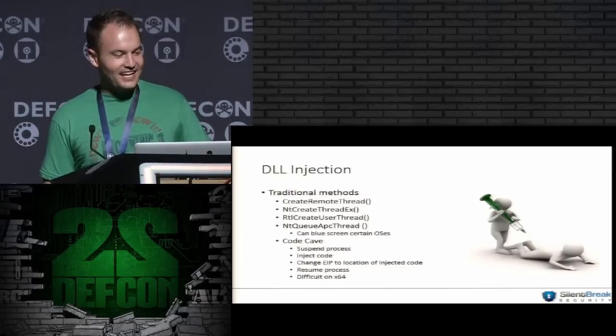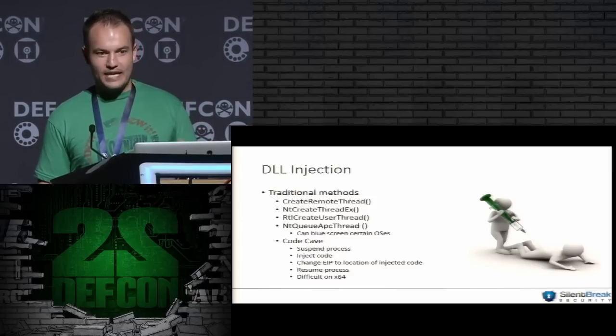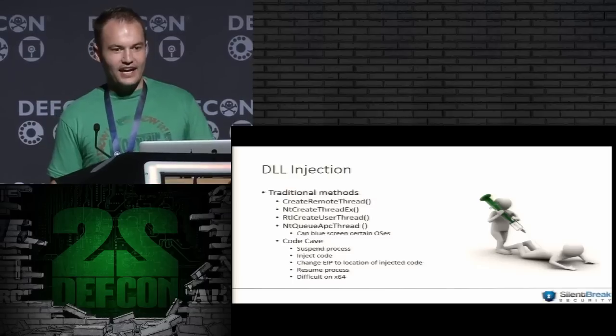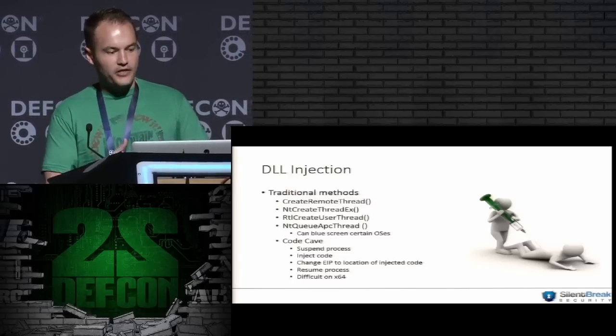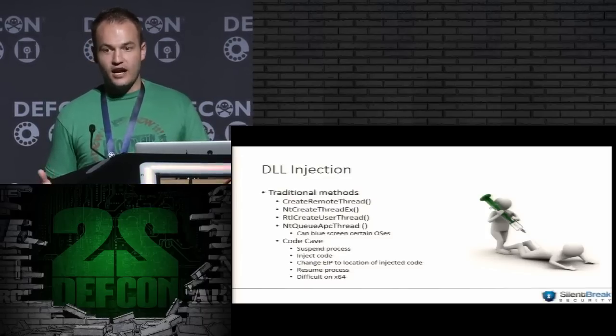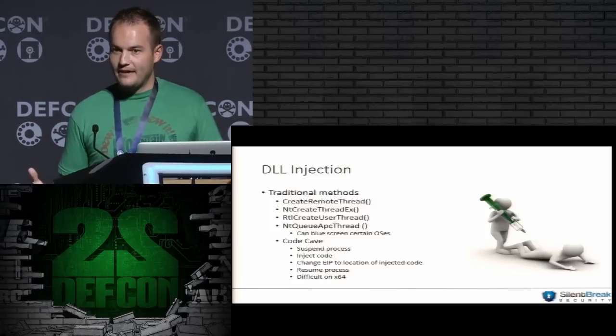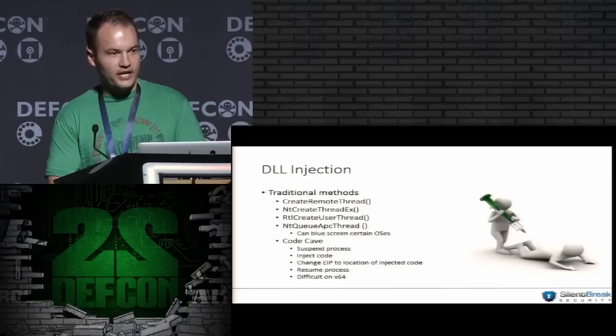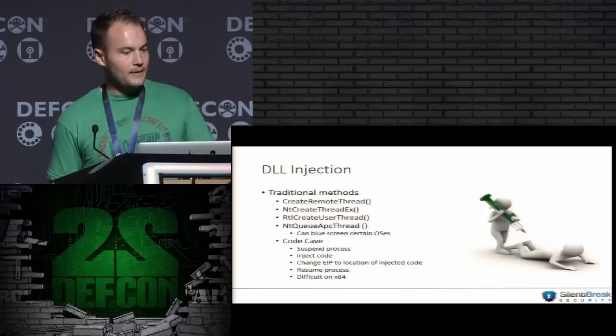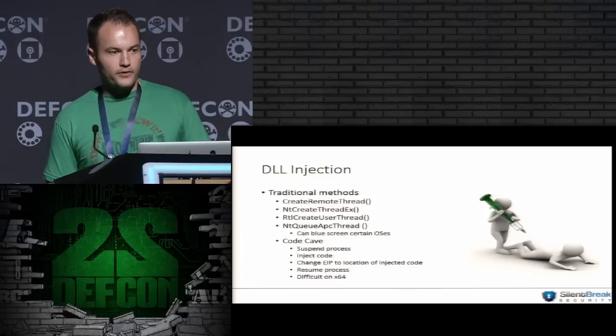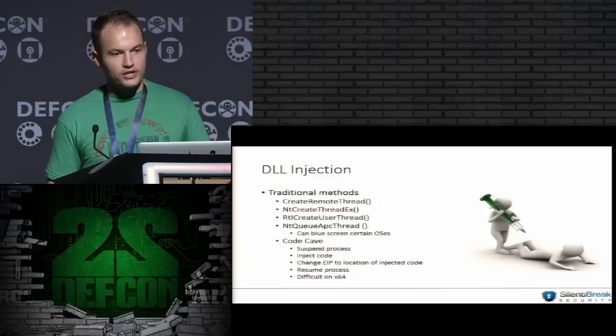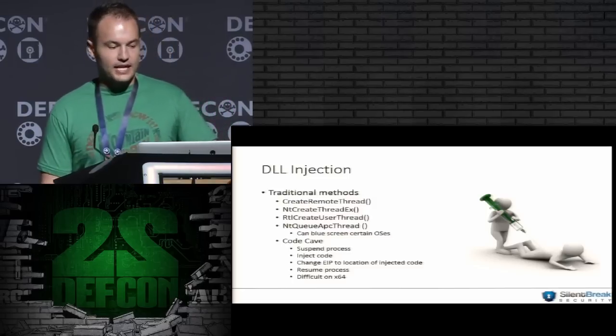For those of us who have had to deal with the Windows API, it's kind of a black box. It's definitely a black box. 3 out of the 4 APIs there are undocumented. So a lot of the options that we have to deal with, we have to reverse engineer and look at Microsoft DLLs and try to figure out what Microsoft was thinking when they did things. The only documented one is CreateRemoteThread, but Microsoft has implemented quite a few restrictions around that with integrity level for processes and things like that. I've never been able to get NtCreateThreadEx to work very well. My favorite is probably RtlCreateUserThread, which works really well most of the time.